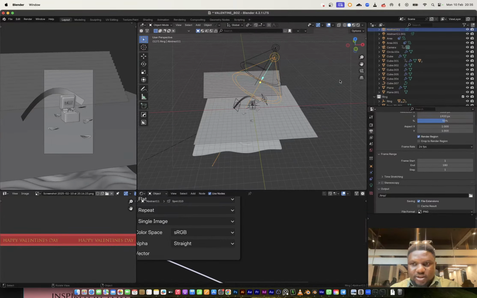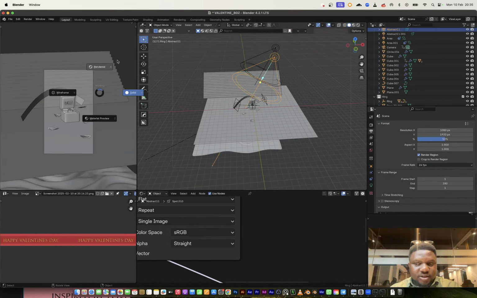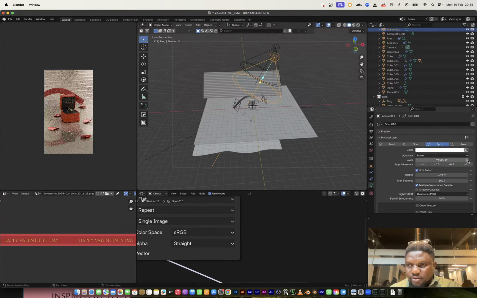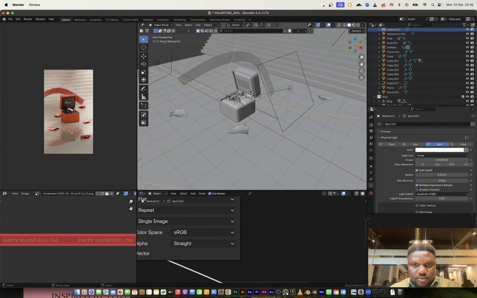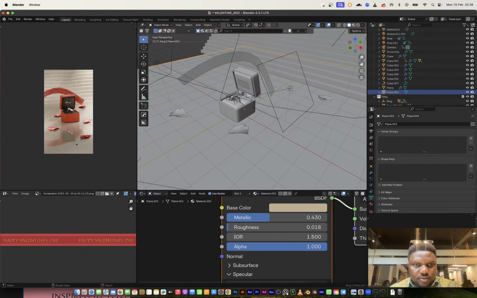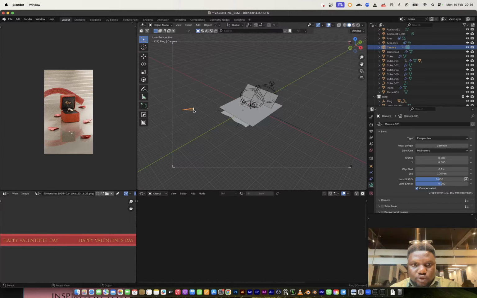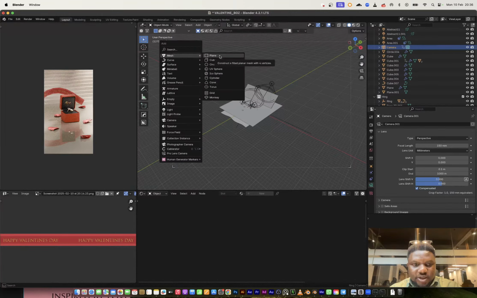I think the lights on this thing, we probably need to bring it up. Do I want to bring in a box so that the foreground is a bit darker? Where are my references?